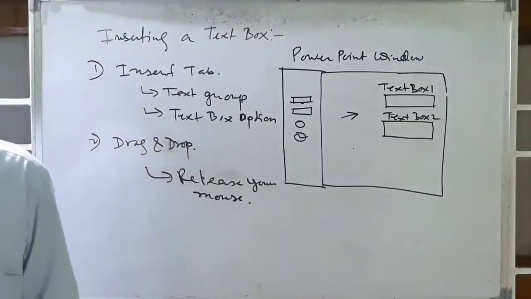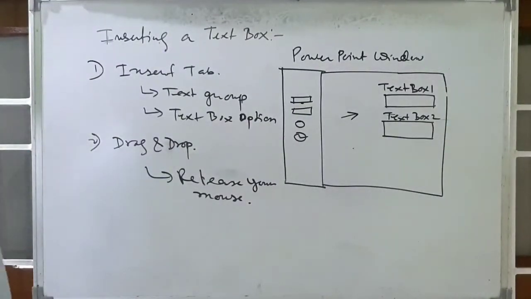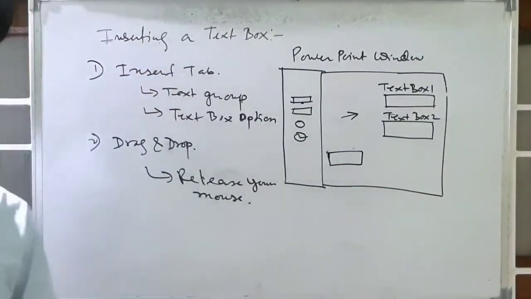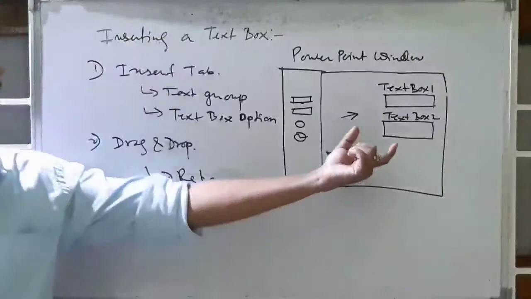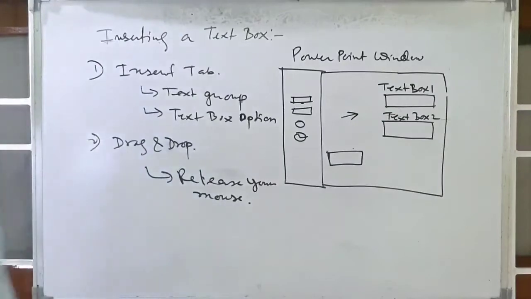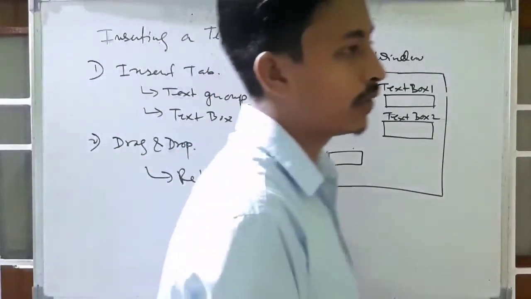Now the last option is to reposition the text box. Move the pointer over the border. When the pointer changes to this pointer, click and drag the text box to a new location. Click and then type in the text box to insert text. To reposition means, if you want to move the text box from here to here, you have to follow these steps. It's very easy. Just drag and drop, and move the text box from here to here. It's very easy to do at home with the PowerPoint slides.